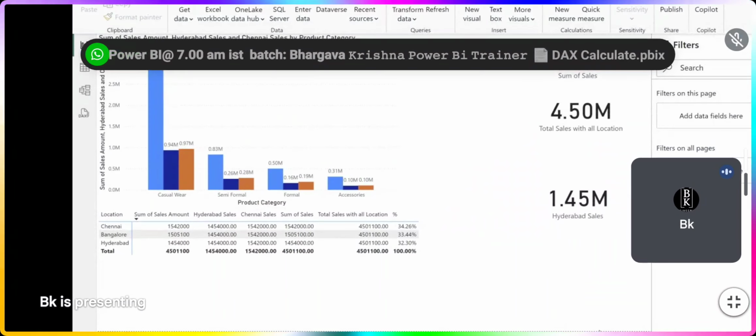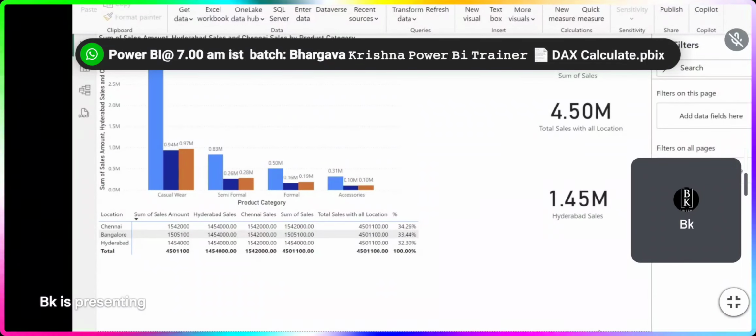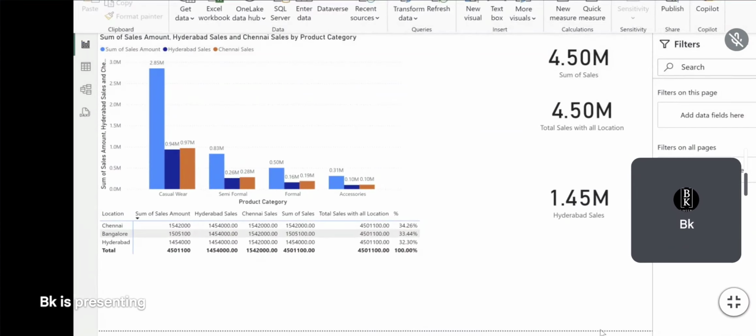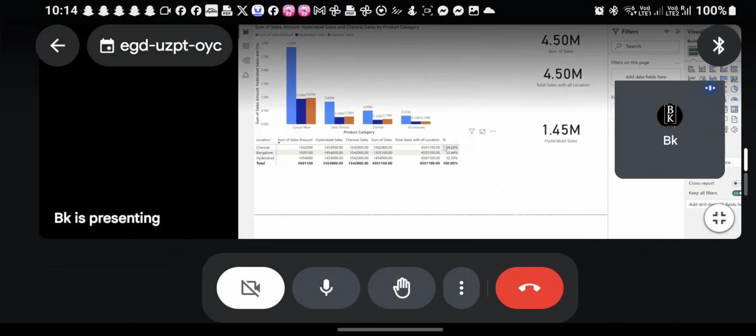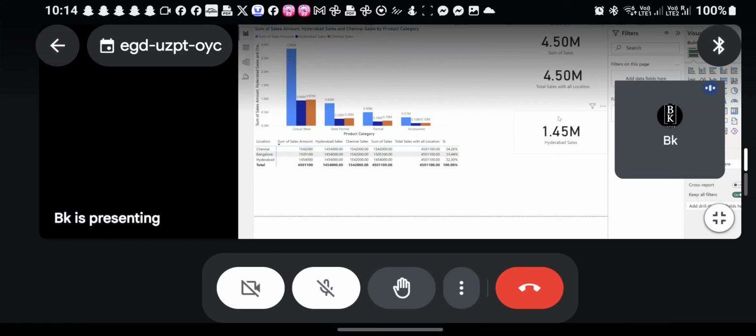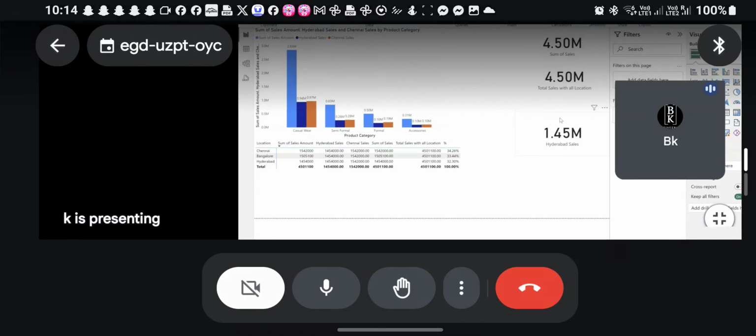Do you understand this calculate function? Because there is no total that we are getting. See, in order to get something like this, we don't need this. Let's say, for example,